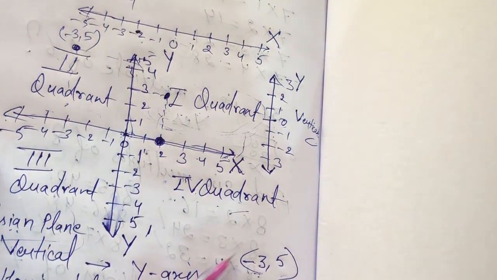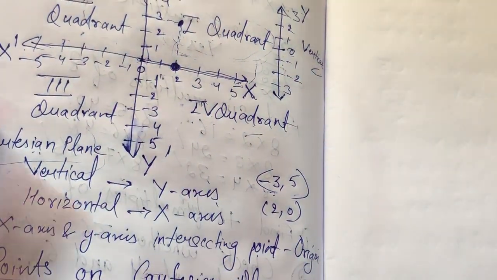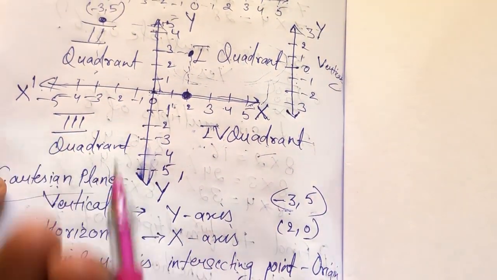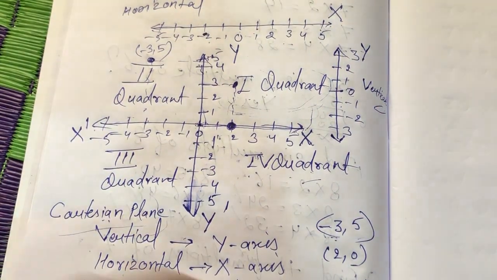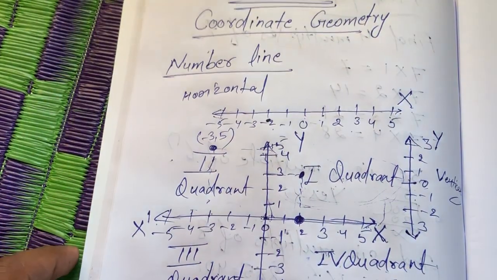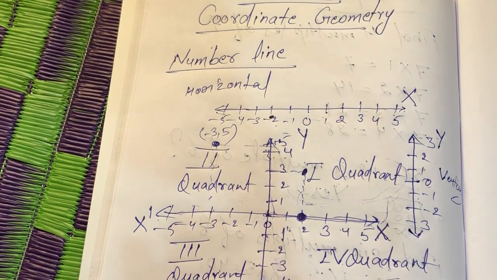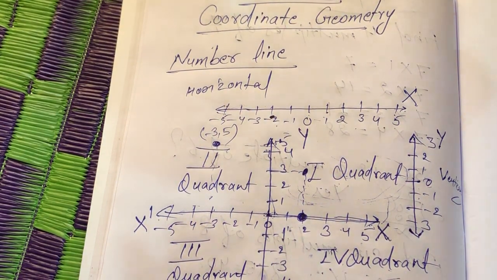So in this way you can plot, you can find, you can do anything with coordinate geometry. This is the basics we have learned. So try to see the video in repetition mode, and it will really work out for you. It will clear a lot of doubts. Just go through the video. Many things you will learn in this short video of 12 to 13 minutes, that's it.